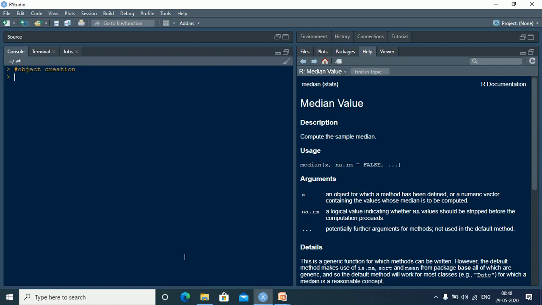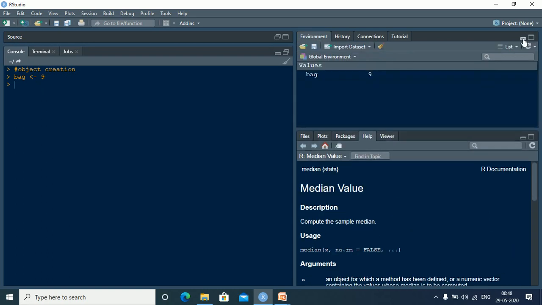And let us create an object bag which carries a value, say 9, and click enter. So we have just created an object bag, assigned it a value of 9, and hence it is getting saved here in the environment having a numerical value of 9.